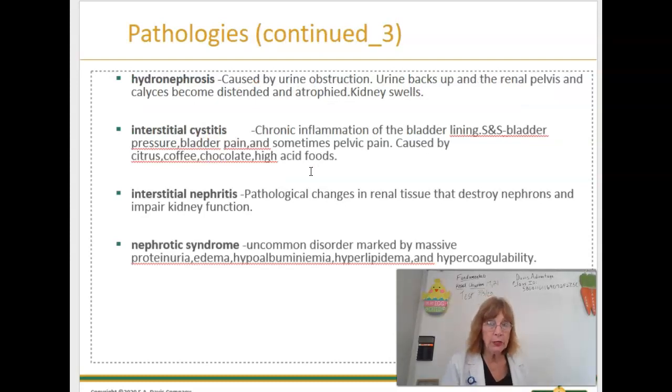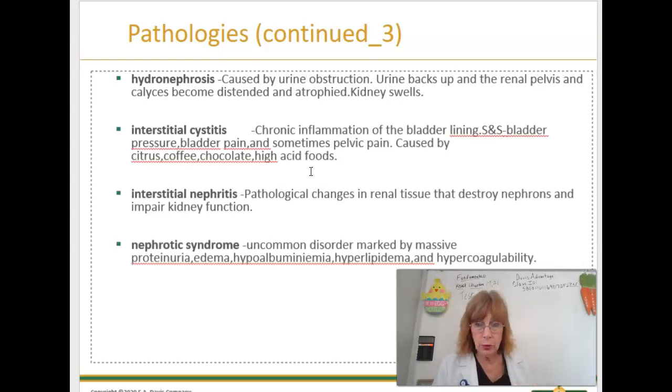Hydronephrosis is water on the kidney. So that's where the urine is backing up from the bladder, going up the ureters, which are the tubes that go right to the kidneys. So it's backing up, and the urine is going into the kidney, and then it's swelling from the water. Interstitial cystitis is a chronic inflammation. It's mostly seen in women, and this is the lining on the inside of the bladder, and it's inflamed, and it's caused from different